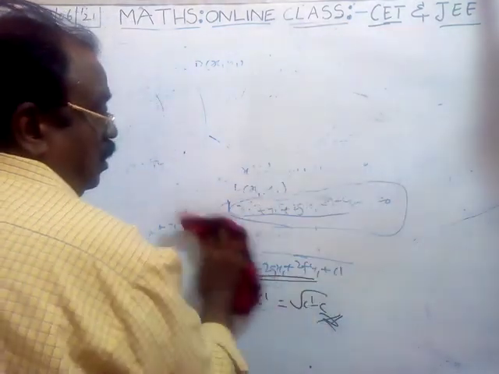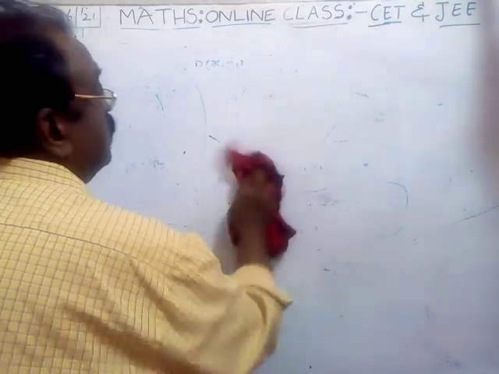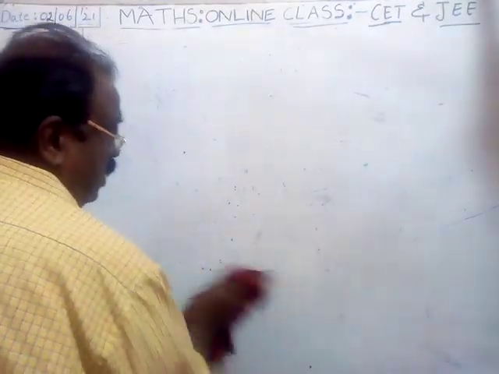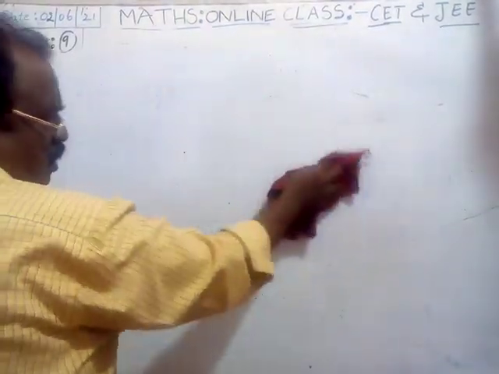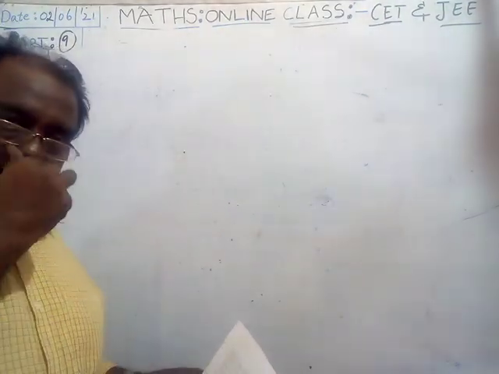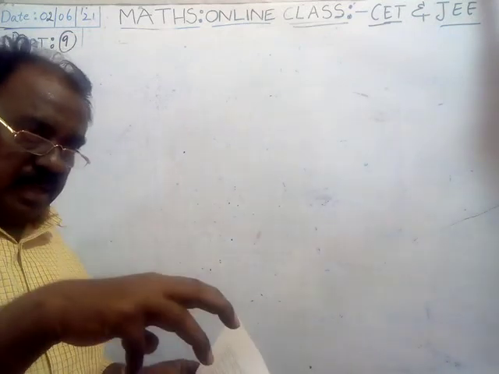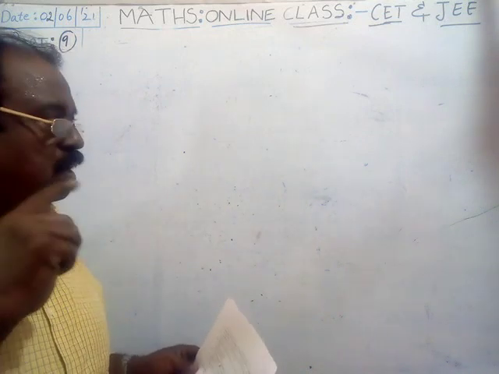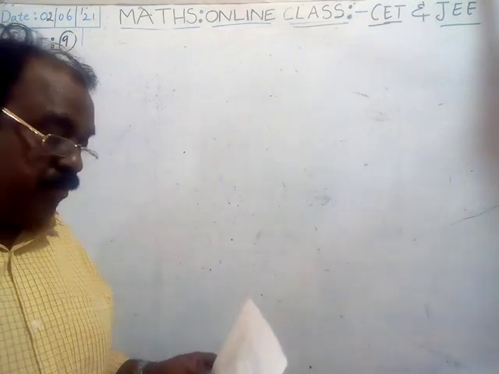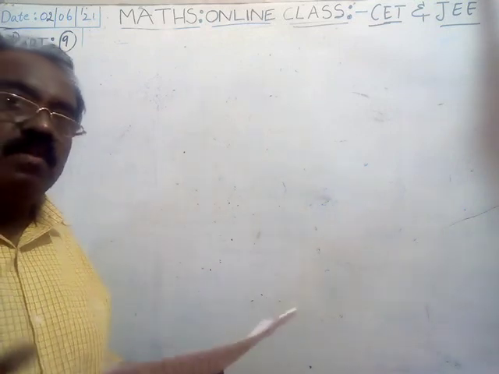In geometry, whether it is straight lines, circles, conic sections, whatever it may be, or 3D, planes, coordinates, whether 3-dimensional or 2-dimensional, verbal problems are there. The concept is given in the problem with some sentences, one para. If you understand that problem, you can draw one diagram according to the concept given in the problem. If you can draw the diagram, then it is easy to solve the problem. That is the thing.